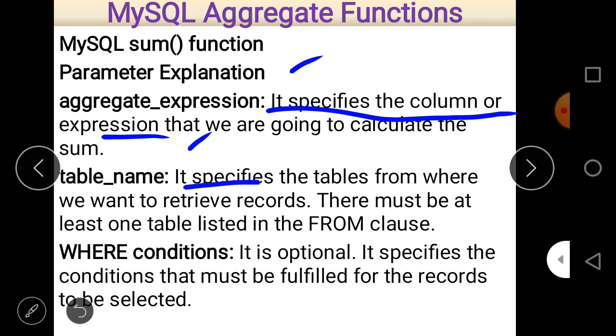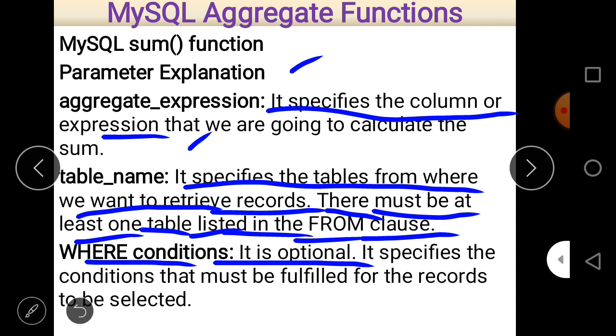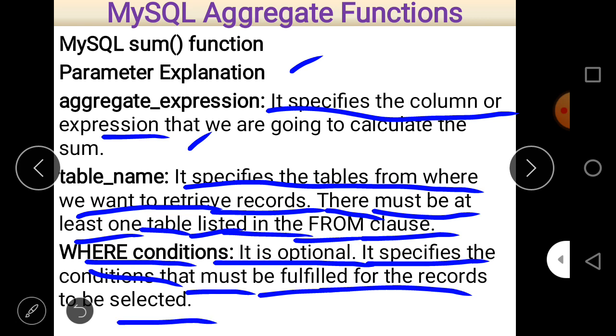It specifies the table from where we want to retrieve records, and there must be at least one table; remember that there may be more than one table listed in the from clause. And third is the where clause. It is optional, as I told you earlier, and it specifies the condition that must be fulfilled for the records to be selected. These are some parameters of the sum function.